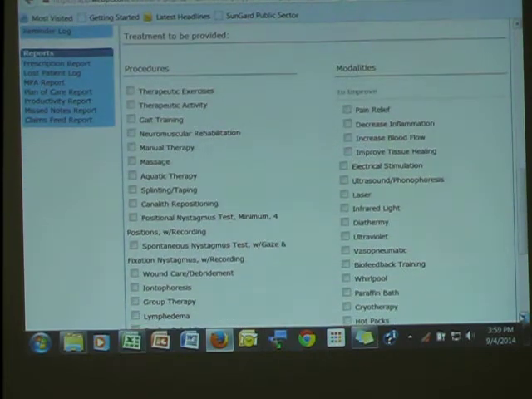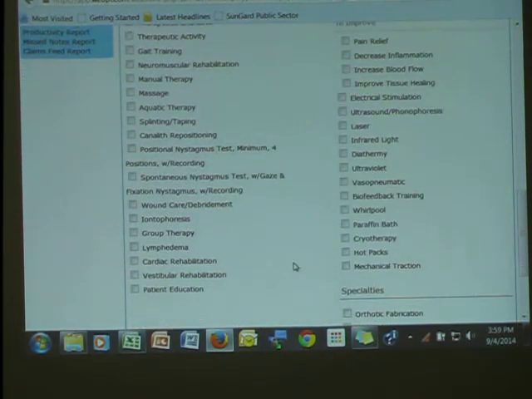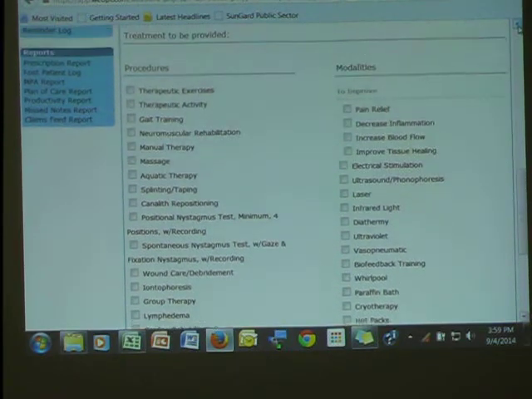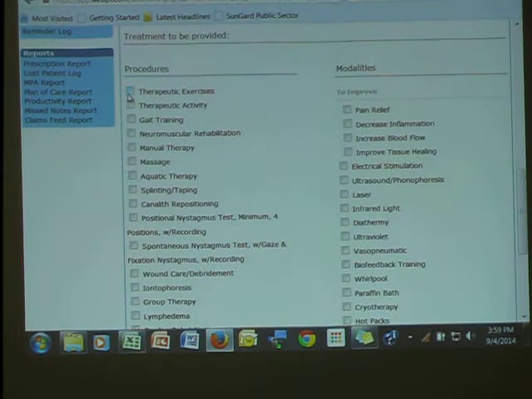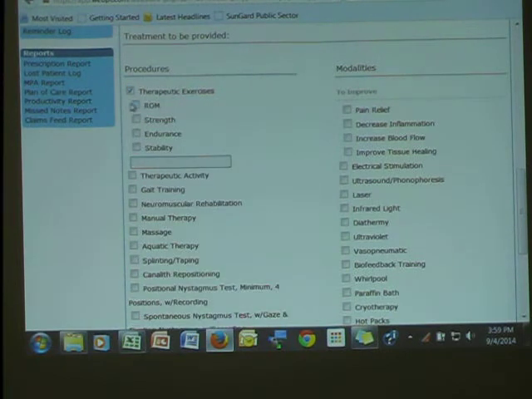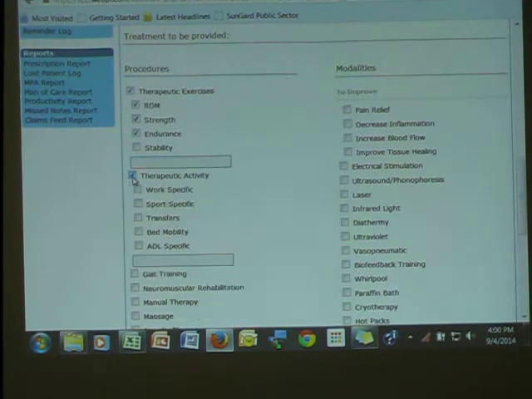Then you click all of the procedures that you want to include in your treatment plan. Therapeutic exercise, range of motion. You can click or type in whatever you want. Therapeutic activity,